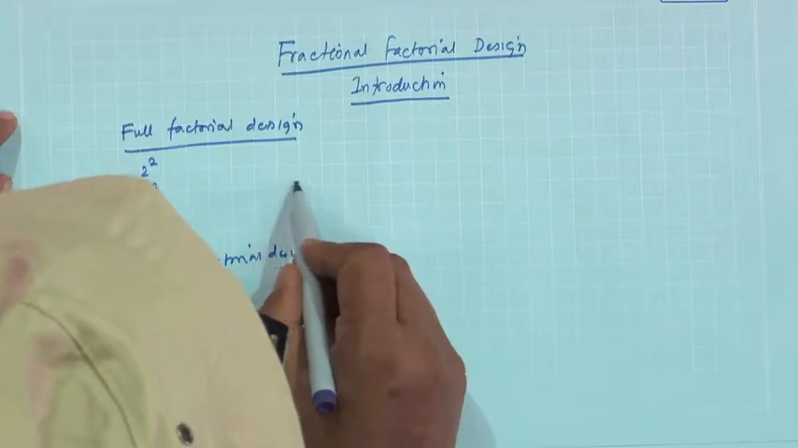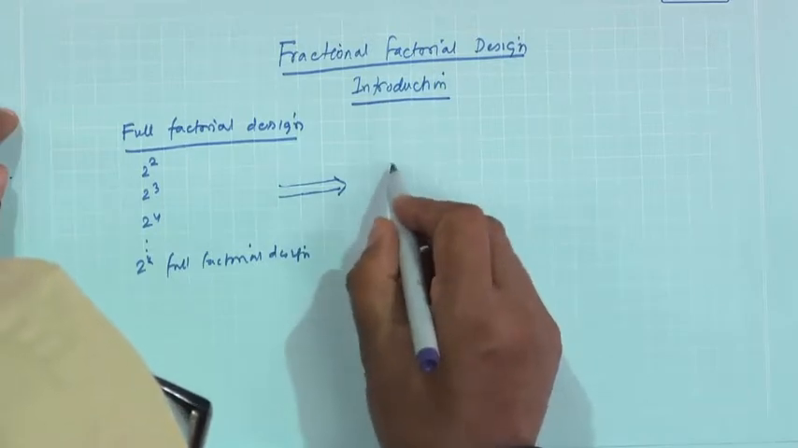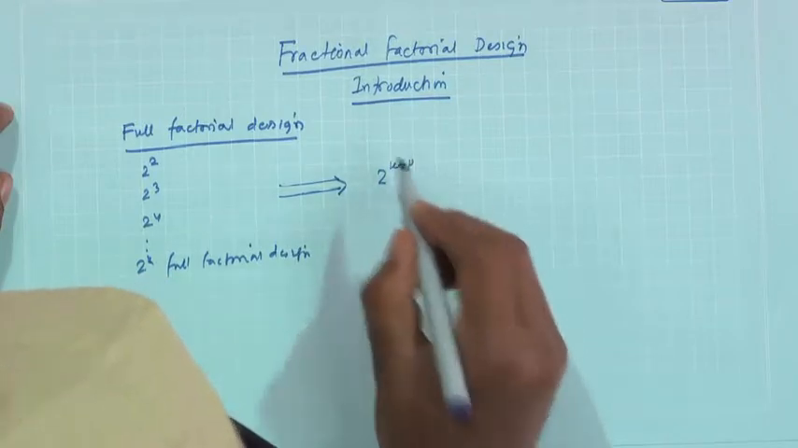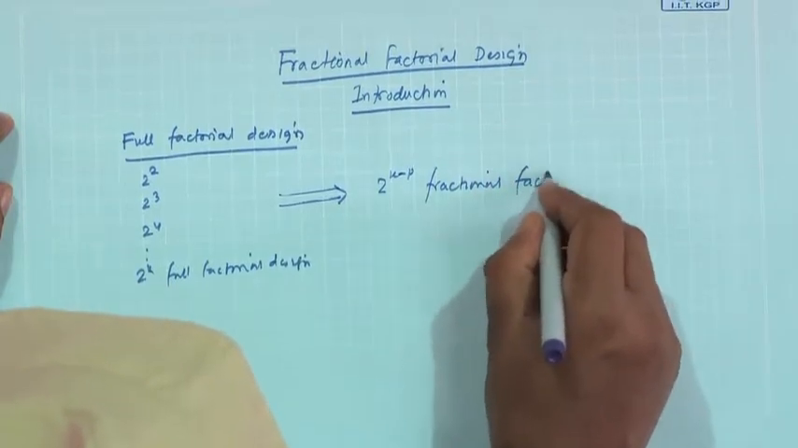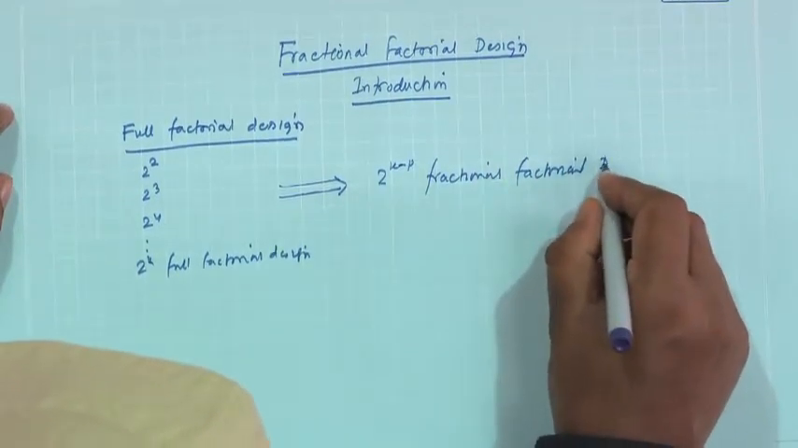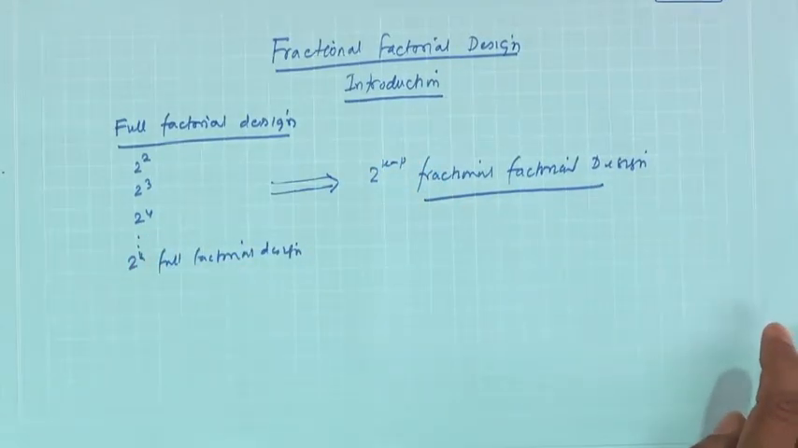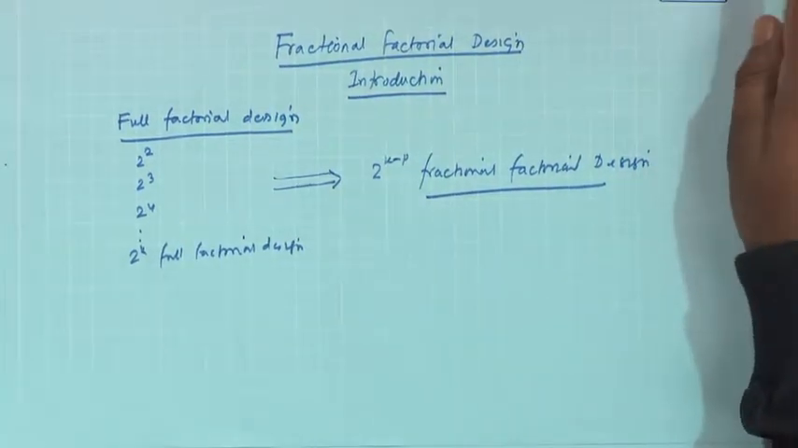So, our job today is from full to fractional. It will be something like 2 to the power k minus p fractional factorial design. When we go for fractional factorial design from full factorial design, there will be a lot of changes, and there are conceptual issues, there are estimation issues, and there are design issues. So, all those things will be